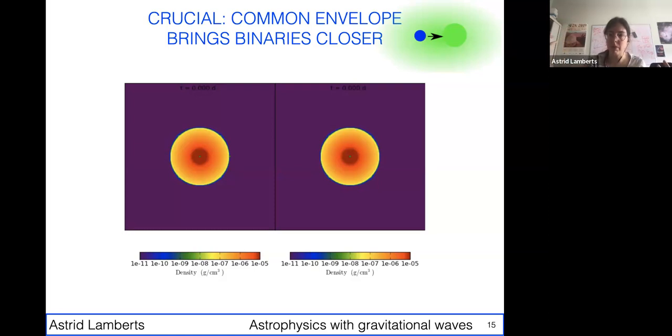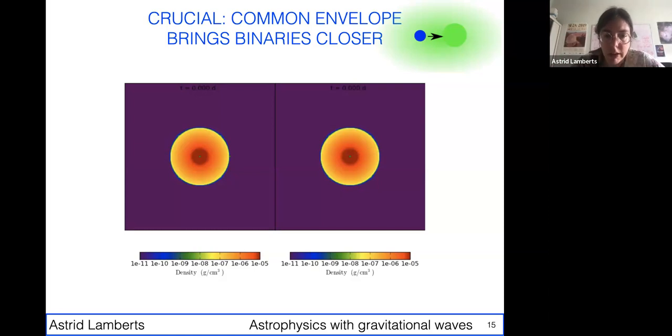And if the envelope is gone, both stars get back to being small, and the common envelope stops. However, if for some reason this process doesn't work, and the energy can't really be transferred from the orbit to the atmosphere, then this process doesn't stop and the stars just merge. And that means they will actually never make a binary black hole merger.